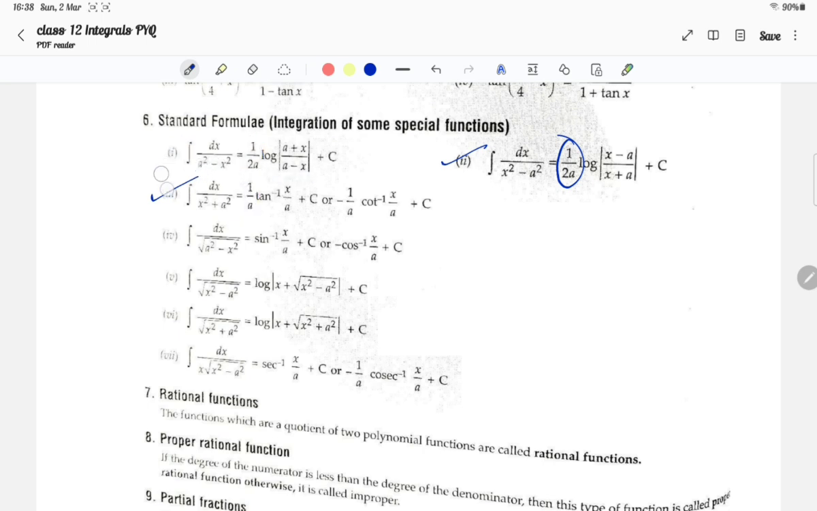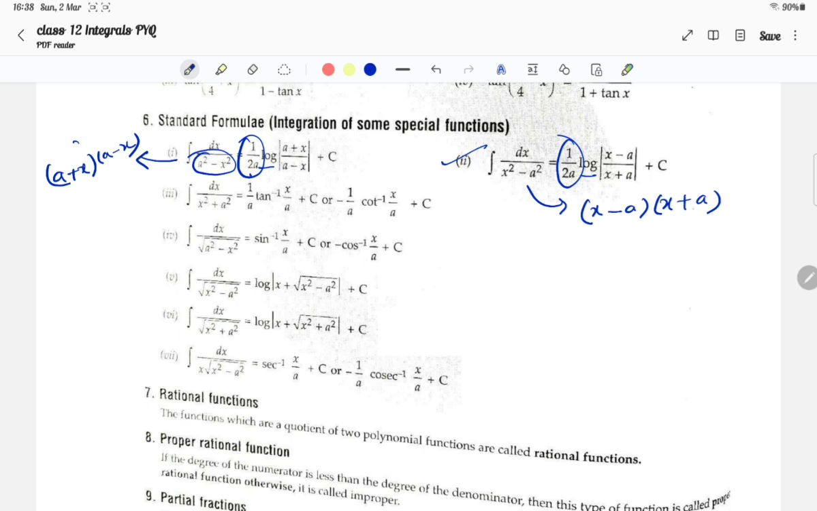How to remember these formulas? Students, I told you that a square minus x square, you can write as a plus x into a minus x. Can I write the factor of x square minus a square formula? Here also the factors will come: x minus a into x plus a. So how to remember? See, 1 by 2a, here also 1 by 2a, both formulas have 1 by 2a, log,